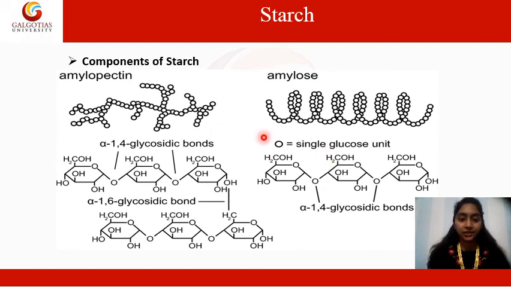So these are the structures of the components of starch. This is amylopectin. As you can see, it's highly branched. There's one branch here, another branch here, and sub branches, further branching, while amylose does not have branches. And this is its structure. Here it's a straight linear polymer with alpha 1,4 glycosidic linkages at every carbon in the chain, while amylopectin has alpha 1,6 glycosidic linkage at branching.